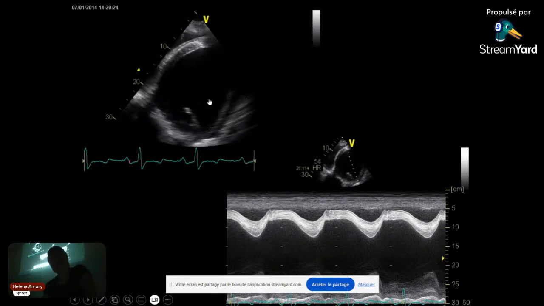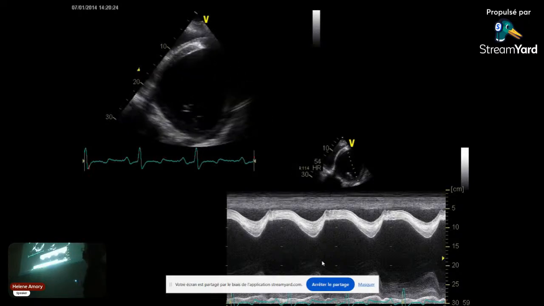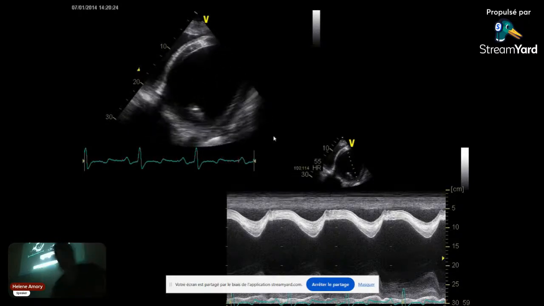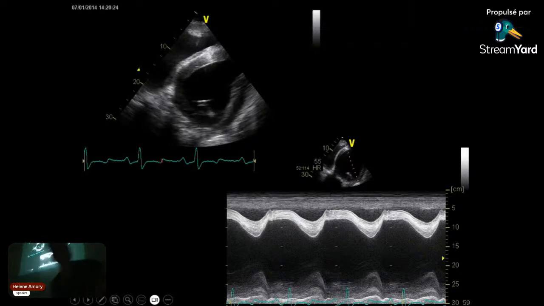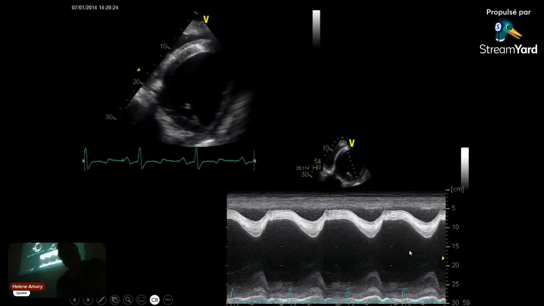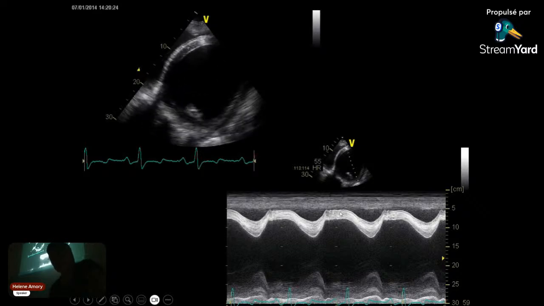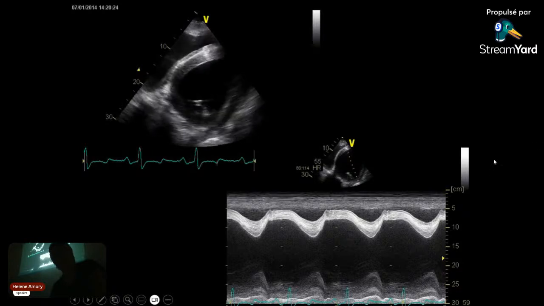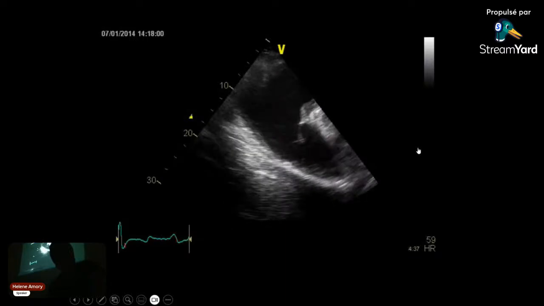This is the short axis view. What do you see? Normal. And this is the M mode view here. Yeah, if you want to click on this. I can. Mask it. Yeah, it's easier. Okay, and the M mode view is here. Again, there are signs of overload, evident overload of the left ventricle. You see again this septum pushed in the direction of the right ventricle, and here the contraction of the walls is exaggerated.